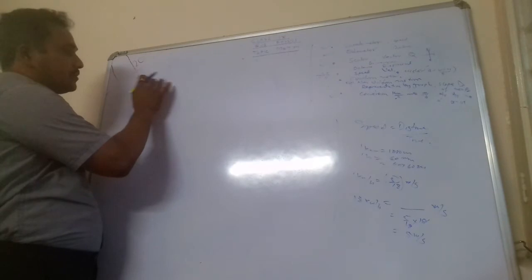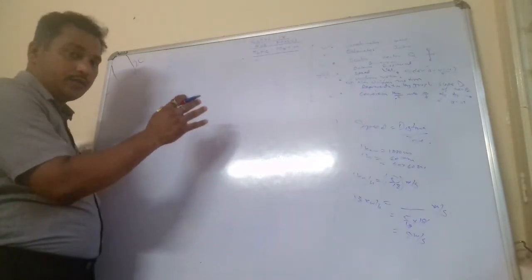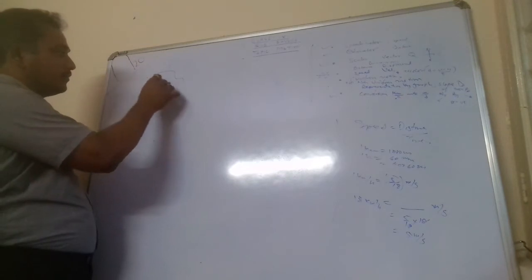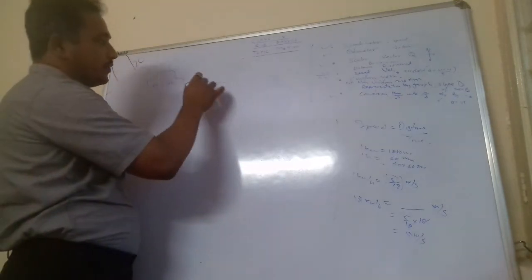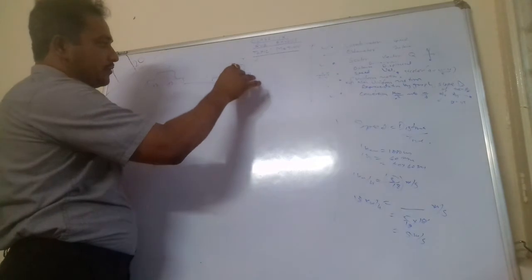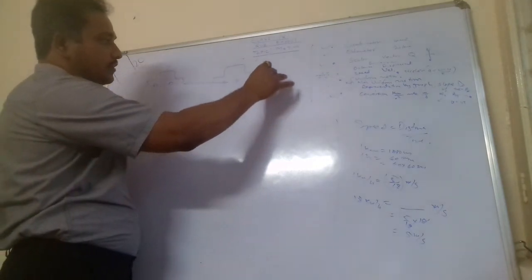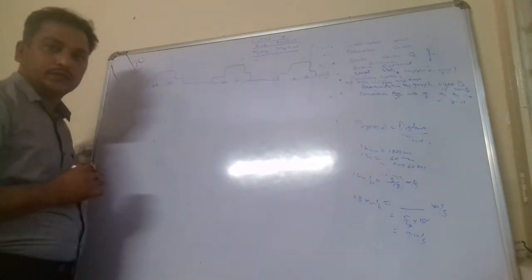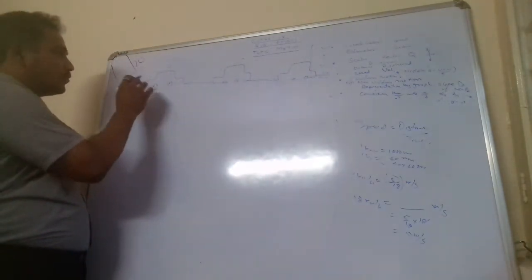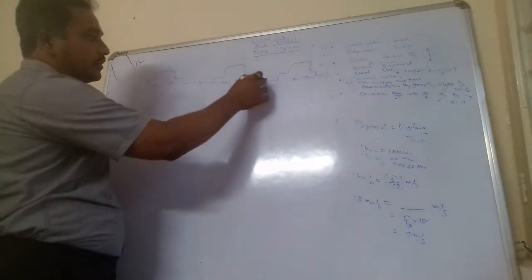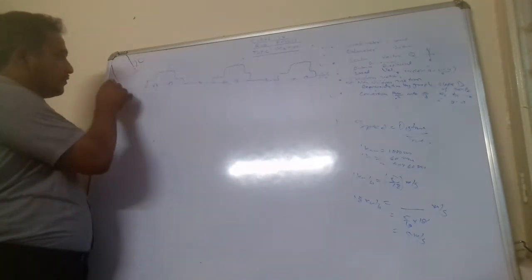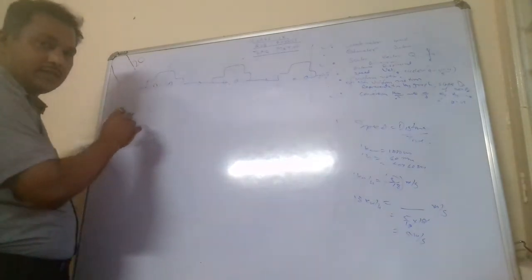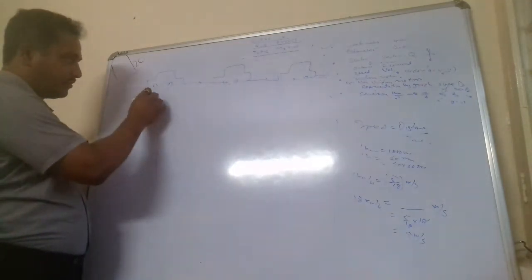For example, any vehicle is moving from one place to another place. Like here, the car is there. At this point it is moving and it has covered some distance and moved to another place, then again going to some other point. So from here it has moved to here, then here, from the starting point.